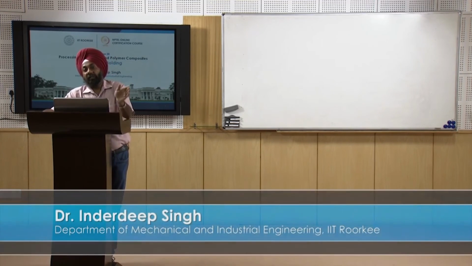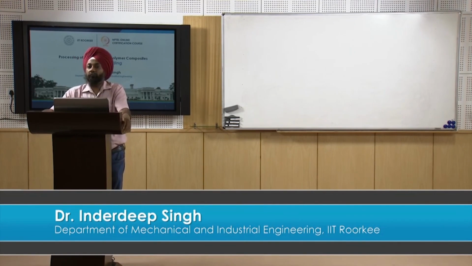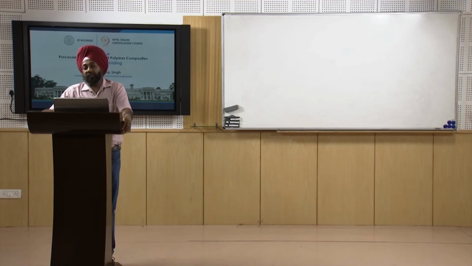product. If you see in the previous 2-3 slides, we have seen that a large combination of fibers and polymers is possible. From the polymers point of view, we have seen a long list of thermoplastic and thermosetting polymers which can be used for injection molding. Then we have seen synthetic fibers and natural fibers which can be used for injection molding. So therefore, we have to judiciously select all these parameters so that we get a good quality product.